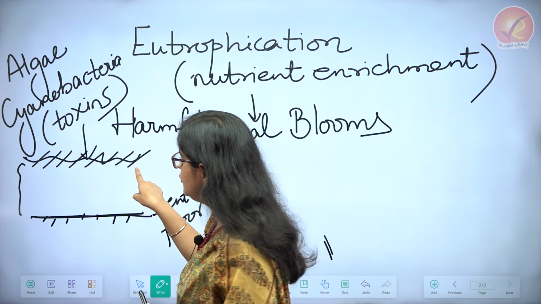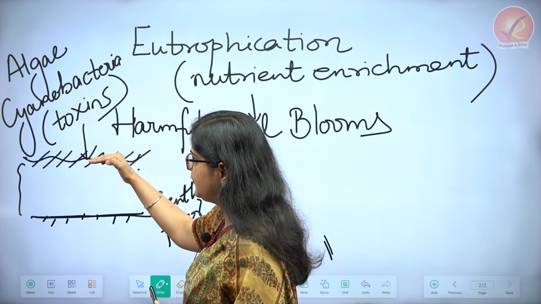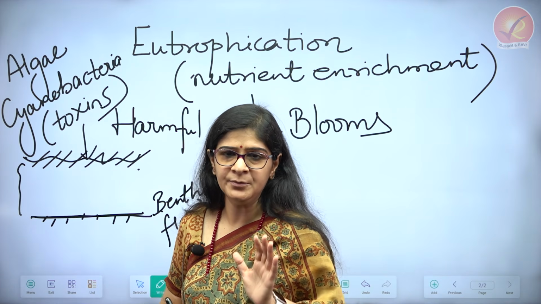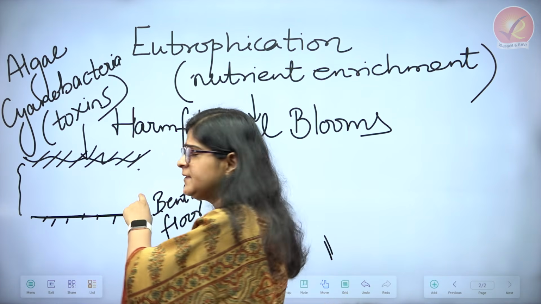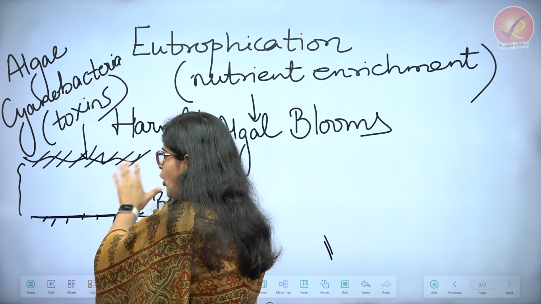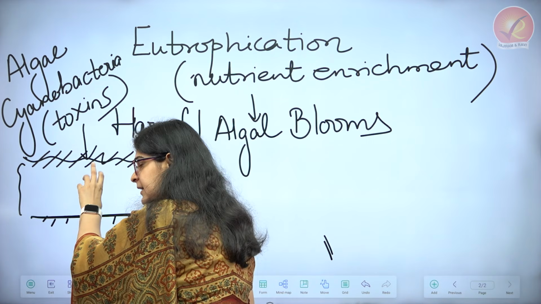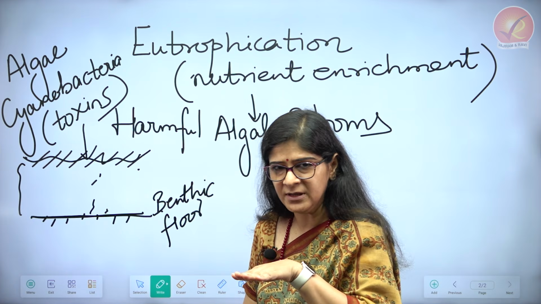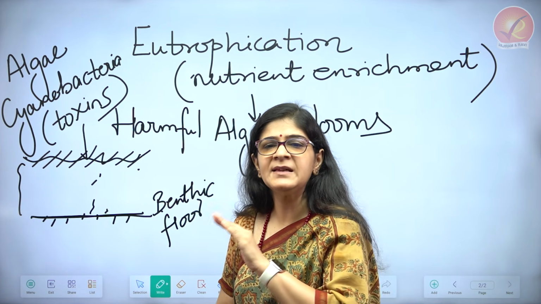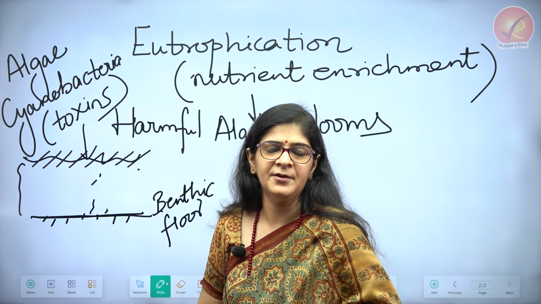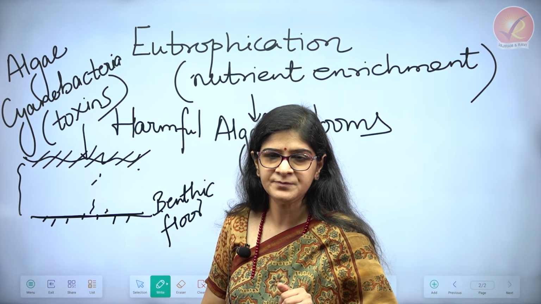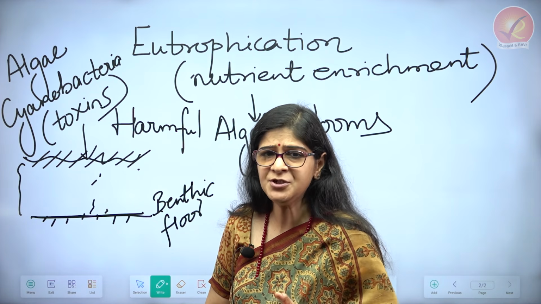So this algal bloom, at the top of the water body, is making an impenetrable layer. And because of that impenetrable layer being formed, the sunlight availability into the lower layers of this water body, below the surface of water, isn't there. The sunlight availability gets obstructed. But understand the implications of that.